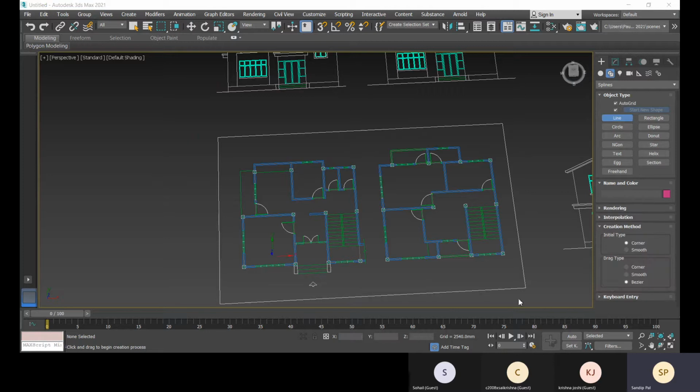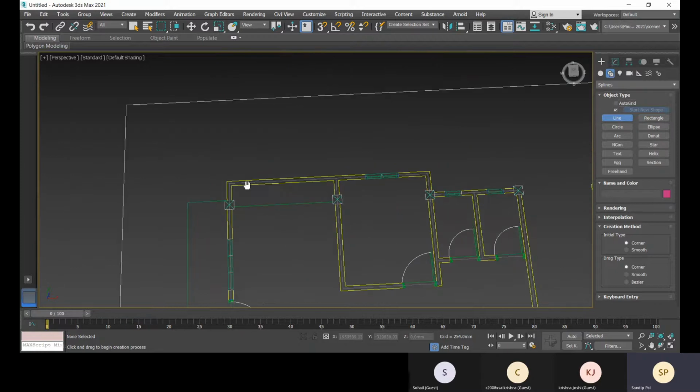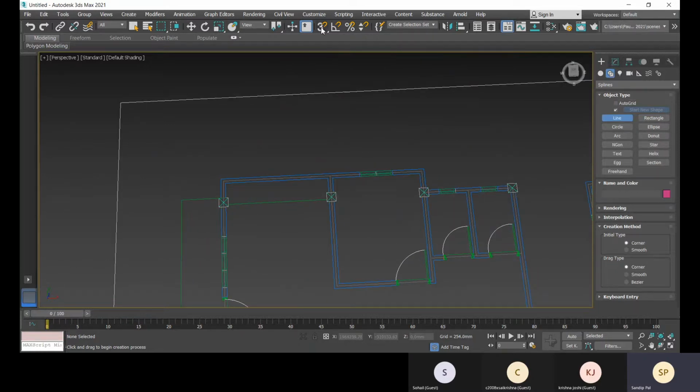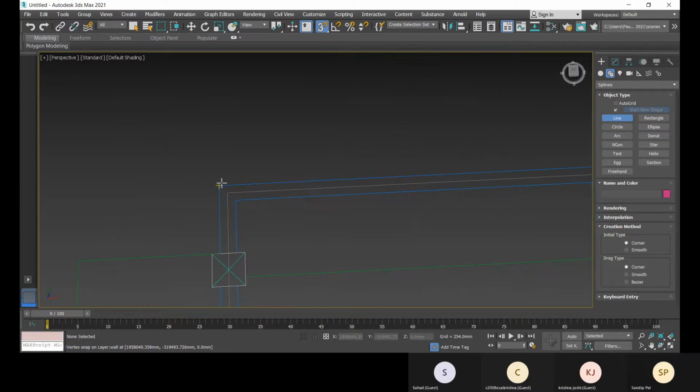Okay, so I don't need the bezier or smooth option, so make sure that corner is selected, so there will be less chance of error. Line with snap, snap it.